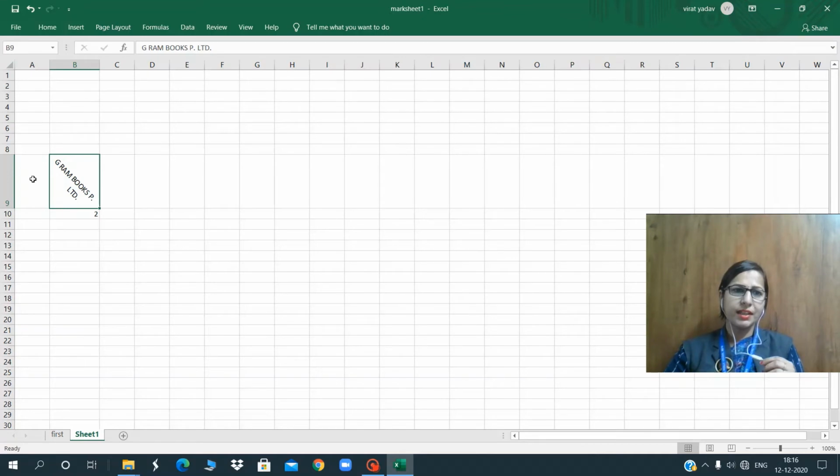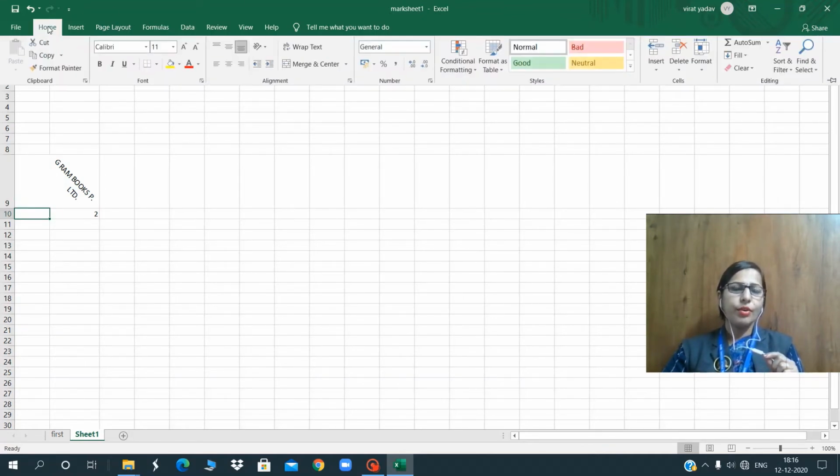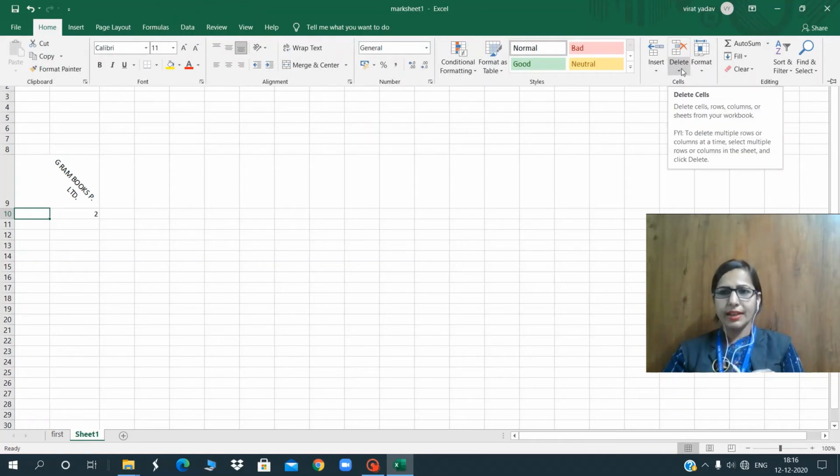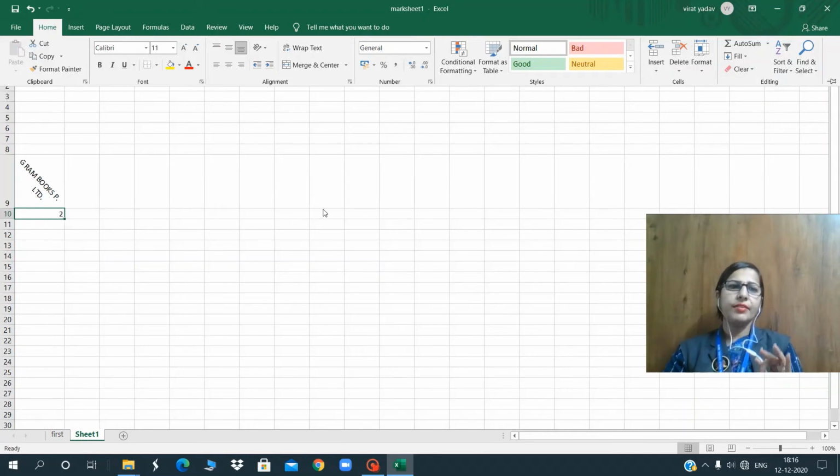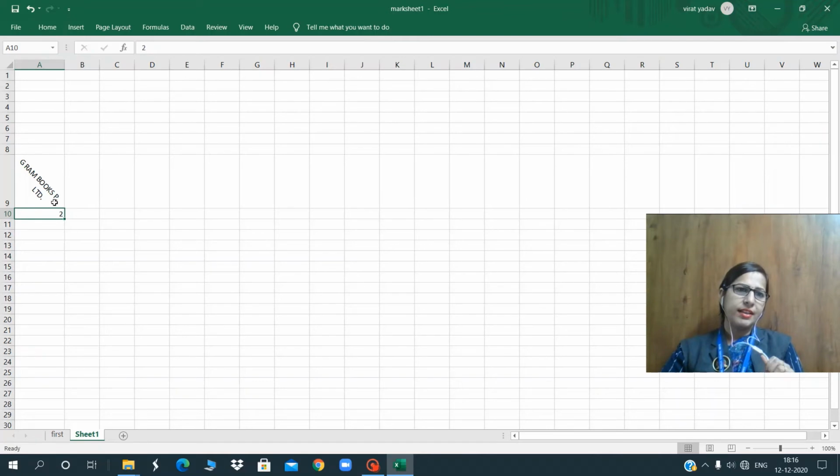So I just place my cursor on any cell of this column, go to the Home tab, go to the Delete button in Cells and select Delete Sheet Columns. Like that we can delete. See, you can see the difference. That column will be deleted. Like that we can delete columns and rows.